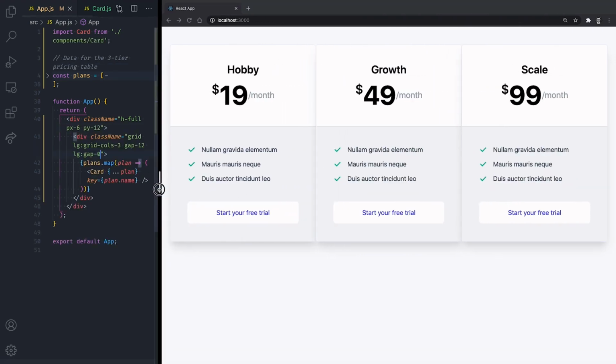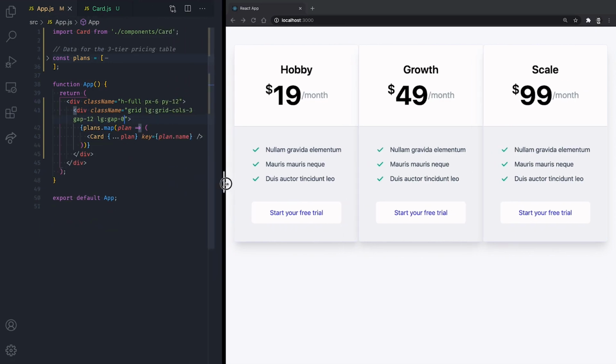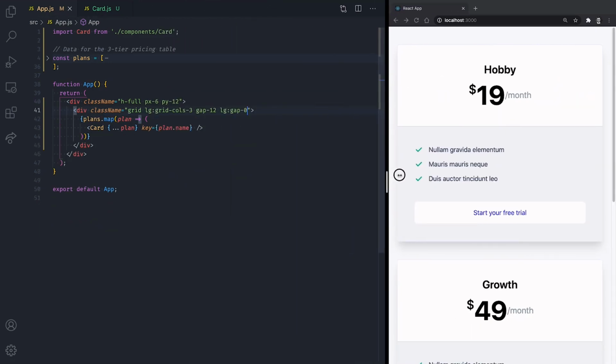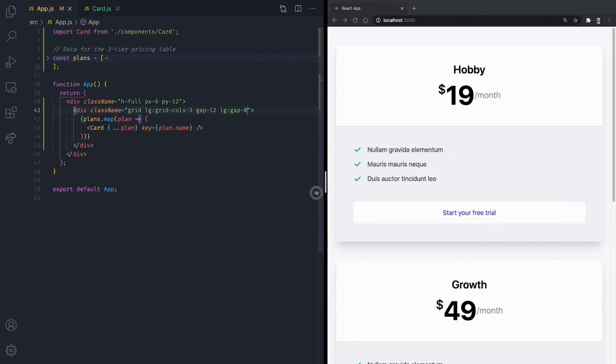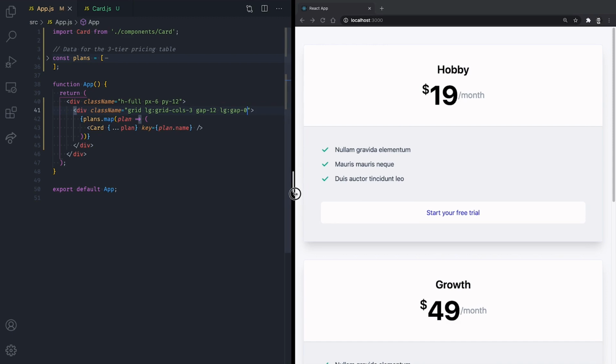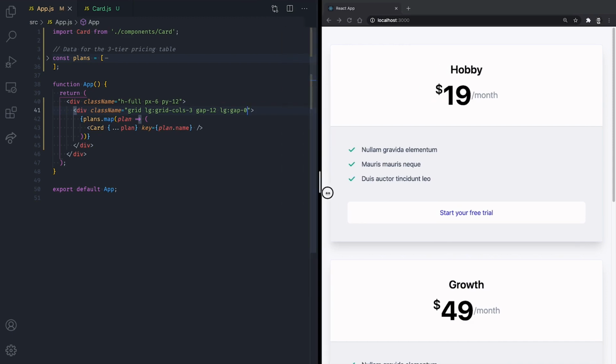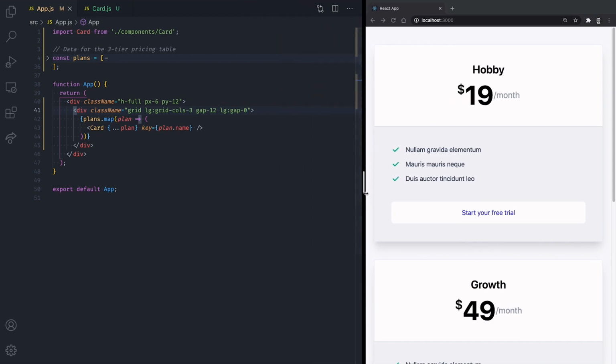Starting at the large screen breakpoint, we have a grid with 3 equally sized columns with no space between each card. And for smaller screens, our cards are in the same column and separated from each other by some white space. Also, as you can see, our cards are expanding with the size of the screen. Let's control that so that they do not expand as much as the size of our document when we resize the window. We can create a div around the card